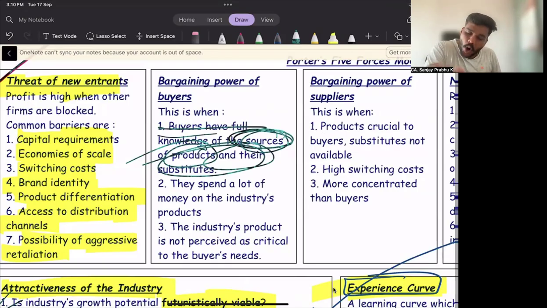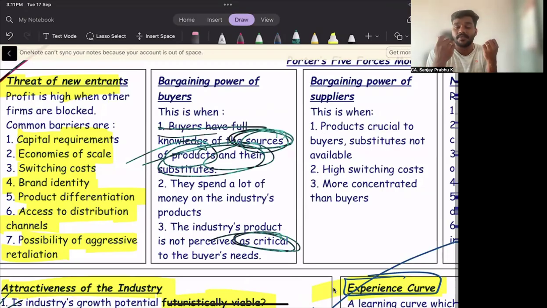And the product is not considered critical or crucial, and you do not feel that the product is very important for you. If it is not important for you, you will bargain. If it is that much important for you, you will not bargain. You will purchase that product at whatever price they are asking. So when will the